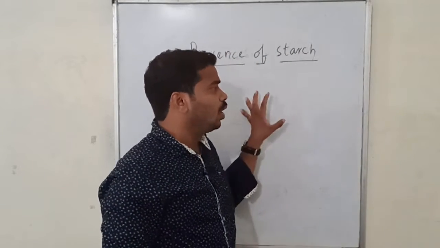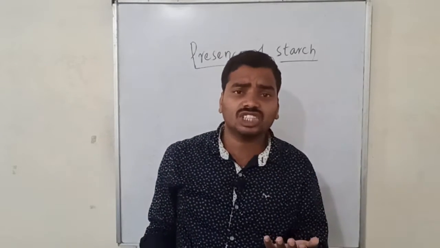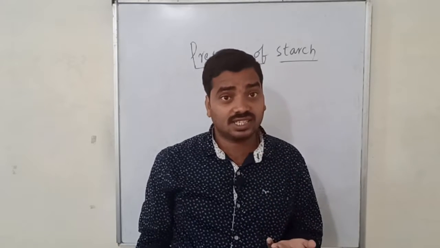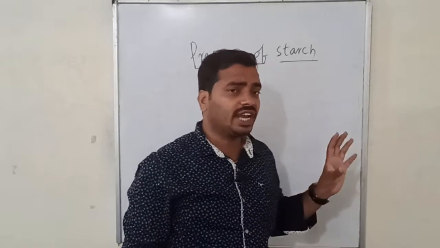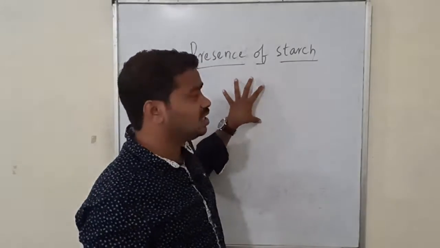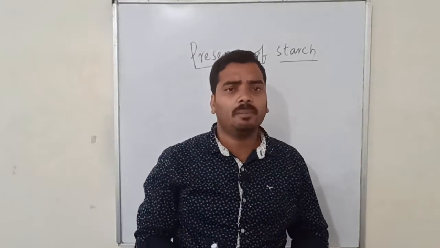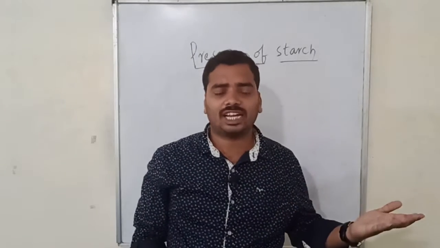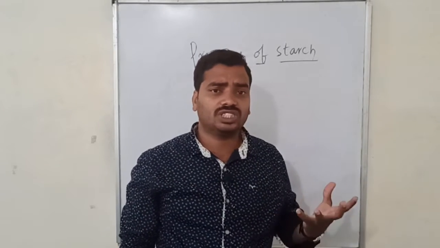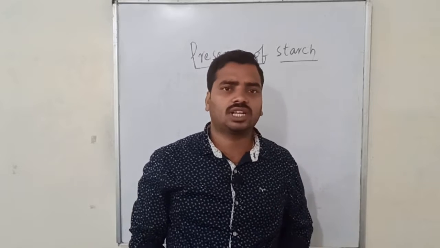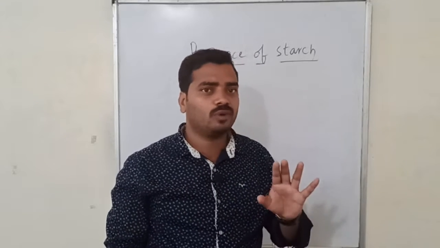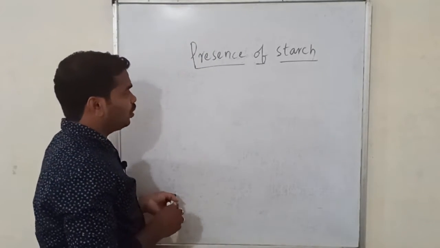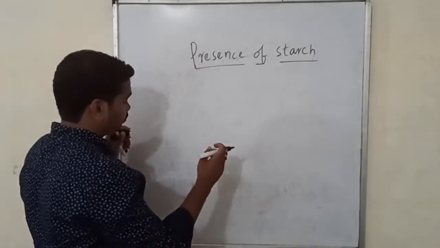In this test, we shall see whether the starch is present in the leaf or not, whether the photosynthesis is carried out or not. To check those things, we use this activity as a parameter. This activity can be used in other activities where we shall confirm the presence of starch to check whether the photosynthesis has happened or not.